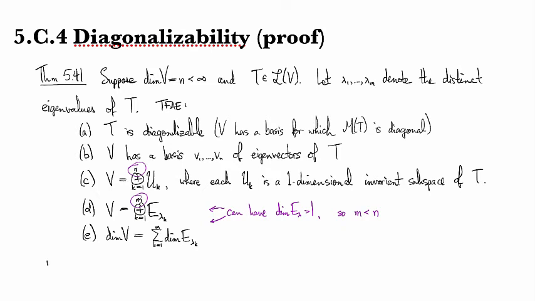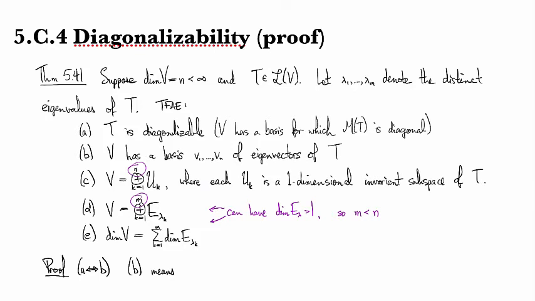All right, so let's prove this bad boy. For the first step, we'll show the equivalence of A and B. And this basically just comes from the way you write down matrix multiplication. So part B